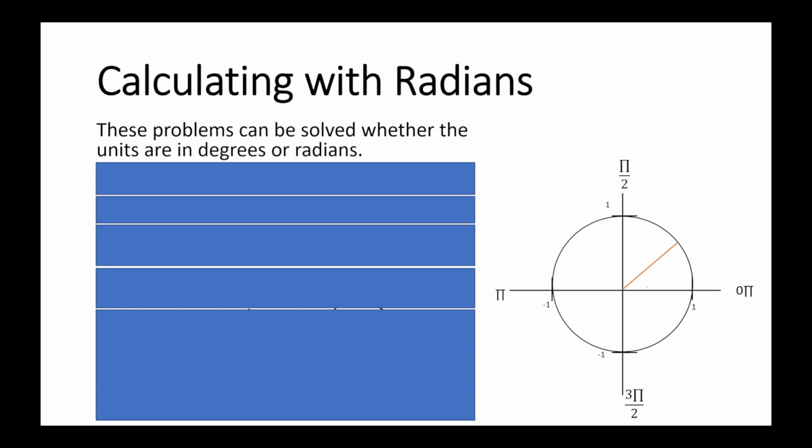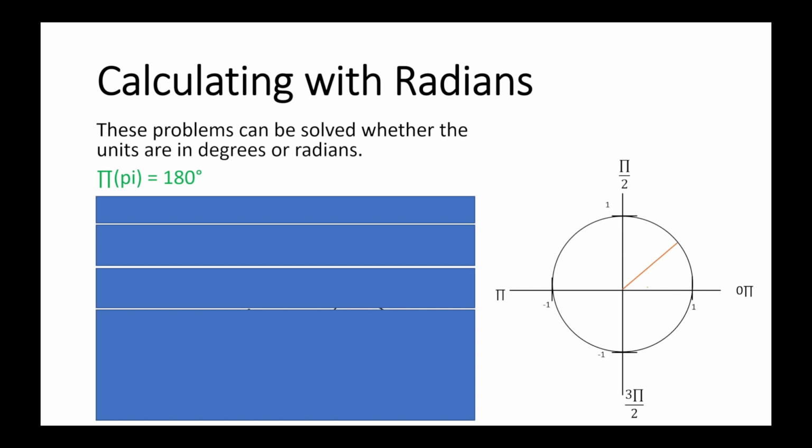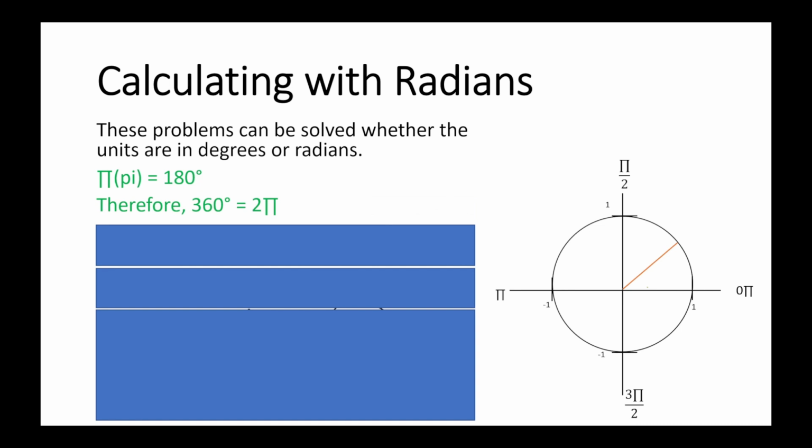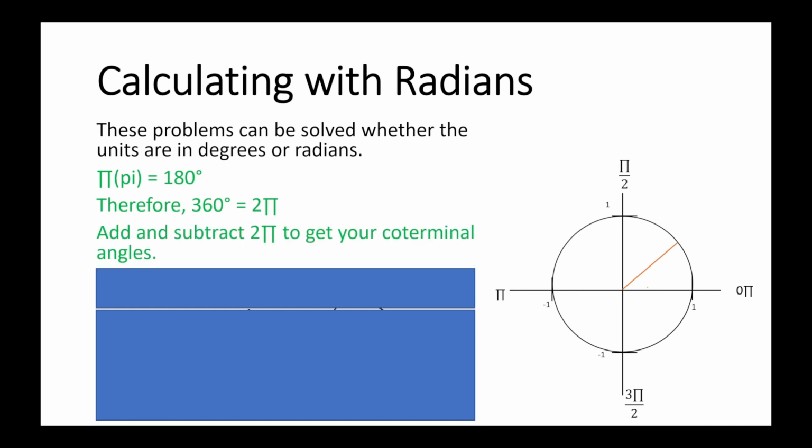Now, you can do the same thing not only with degrees, but also with radians. So we have 0, pi over 2, pi, and 3 pi over 2. Just remember how you can convert between radians and degrees. Radians is the same thing as 180 degrees. It's pi. So 360 is 2 pi. So if we added and subtracted 360 degrees, we can add and subtract 2 pi to get our